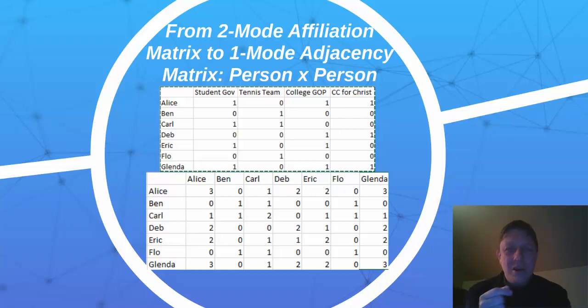Okay, so you know we had Eric and Deb. Eric and Deb are in one group together, the college GOP, the College Republican Club. So they have a tie strength of 1. Okay, and that is better than 0, but it's not 3. So they're moderately tied to one another, we might say. Okay, if I was selling you Ginsu knives, I would say, but wait, there's more, because there is more. How much more? Well, there's twice as much,